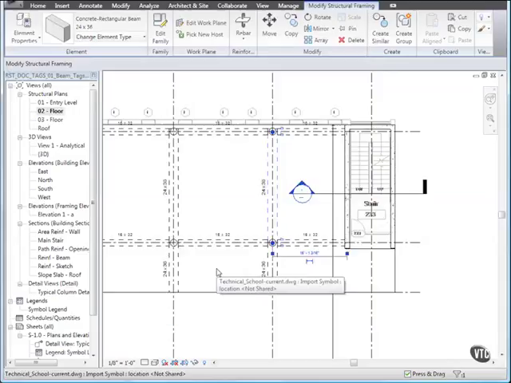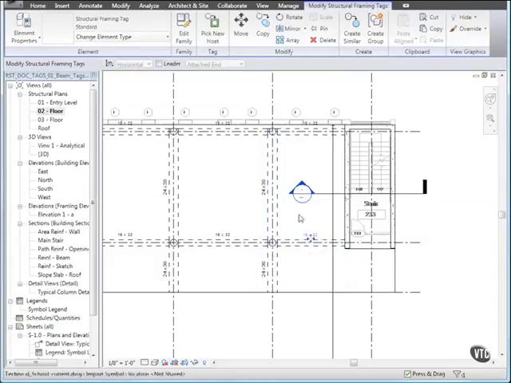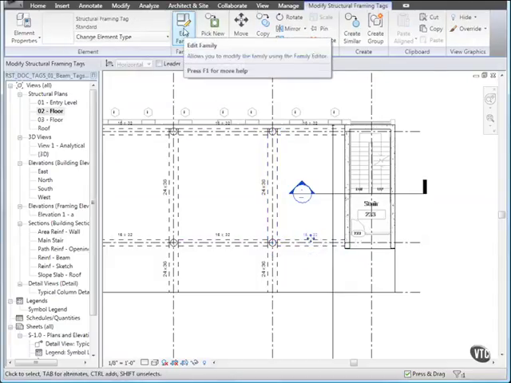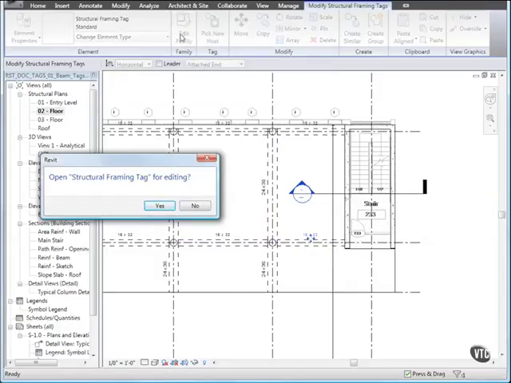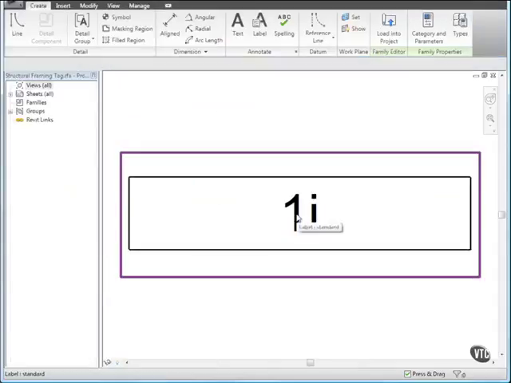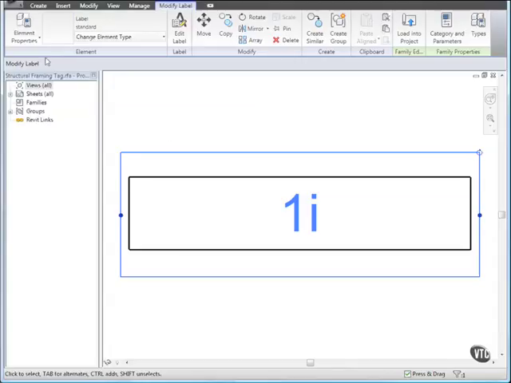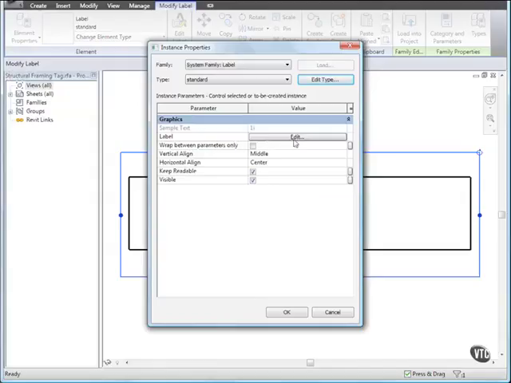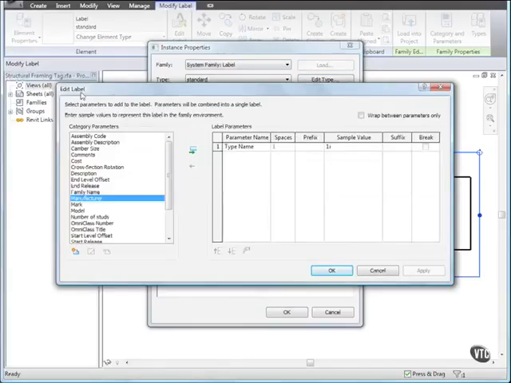Next, let's add a beam type mark by editing the beam tag family. Select one of the 16 by 32 beam tags, and from the Family panel, click Edit Family. When asked whether to open the structural framing tag for editing, click Yes. Then, select the structural beam tag label, and from the Element Properties drop-down, select Instance Properties. Then, for Label, click Edit, and in the Edit Label dialog, under Category Parameters, select